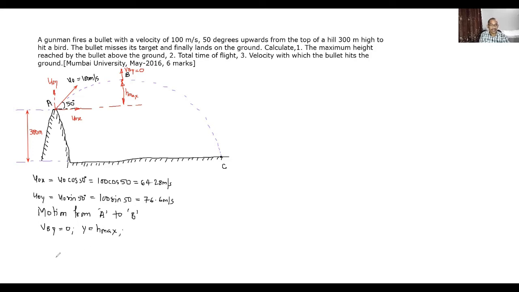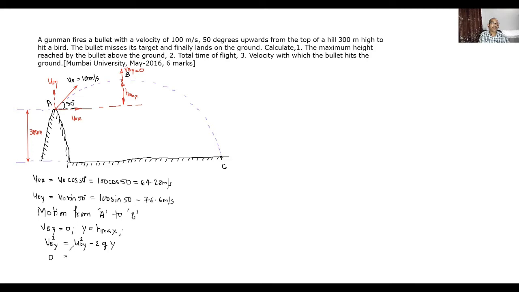Now if we see our equations of motion in the vertical direction, where you know the relation between the initial component of velocity, the final component of velocity, and y. Using this, two values you know, right? VBY is known, u0y is known, and you have to find out only y. Y means h maximum. That means we'll use the equation Vy square, that is VBY square equal to u0y square minus 2gy. Now in this case the VBY term is 0.